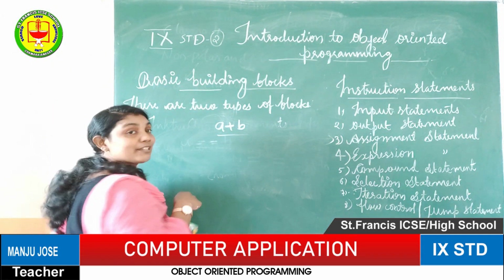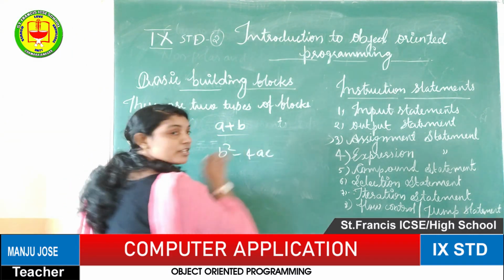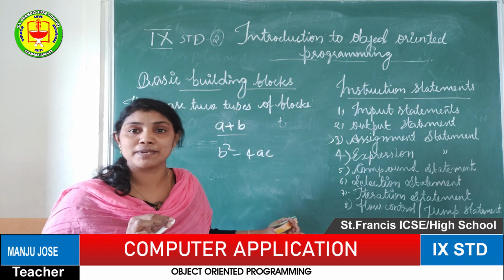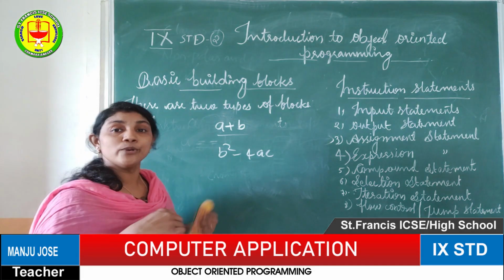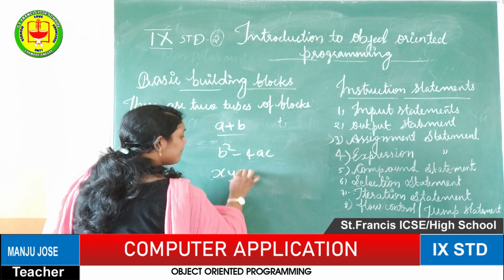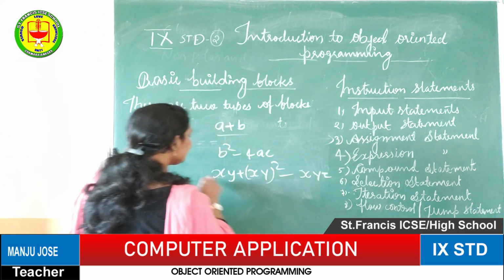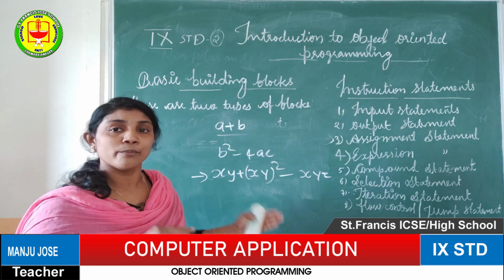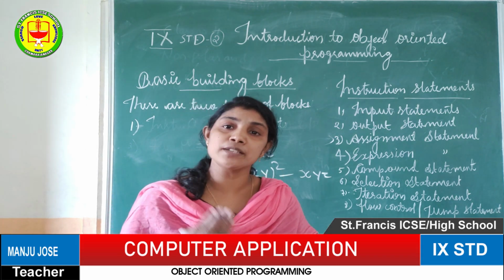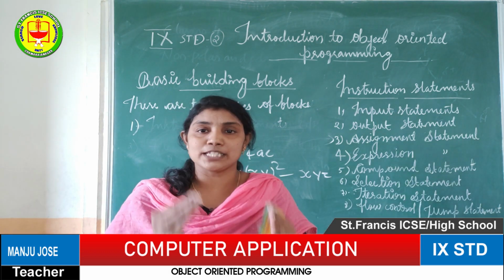The next example is the quadratic equation, which everyone is very familiar with, b square minus 4ac. This is another mathematical formula, which we can consider another mathematical expression. Another one is the Boolean or algebraic expression, for example xy plus xy whole square minus xyz. This is another type of expression. Moreover, an expression is a combination of a number of variables, values and arithmetical operators, and this combination makes expressions.